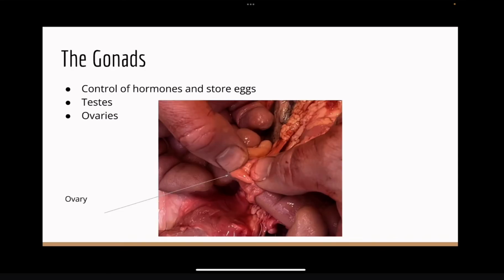Finally, there are the ovaries and testes. These are the gonads and perform endocrine functions. The testes have Leydig cells and Sertoli cells. In the Leydig cells, LH stimulates Leydig cells to produce androgens, and FSH stimulates Sertoli cells to cause spermatogenesis to